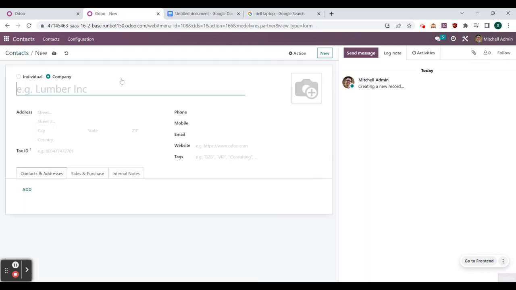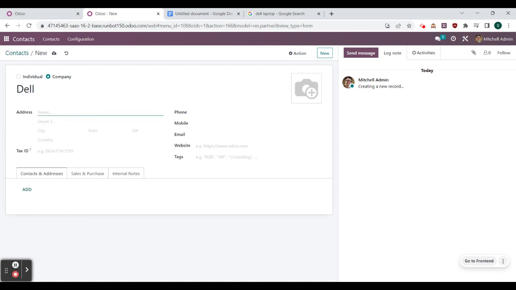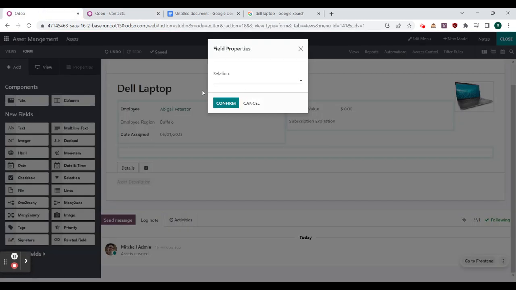What we can do is we can create a new contact and call it Dell. We have some options for selecting Dell as a company based on some insights provided to us by the internet. So we have some different Dell options, but we'll just enter our information in manually. Okay, so we have 123 Dell Street. We can continue to add more information if we'd like, but we'll stick to this information now. Creating contacts manually, we'll save for a different video. So we've created Dell as a company here, and now we can hop back into